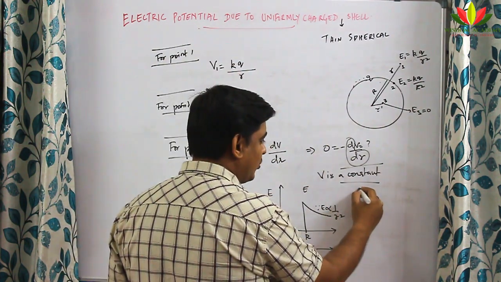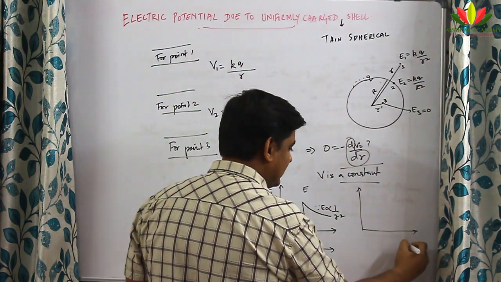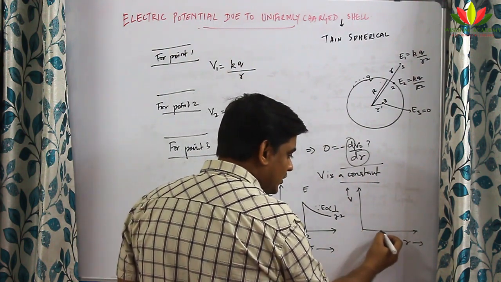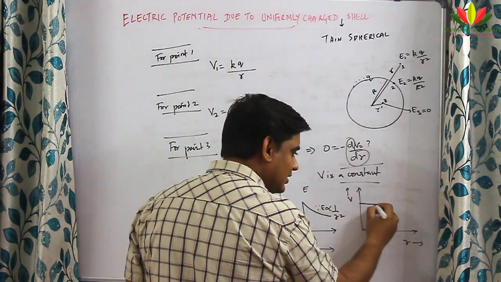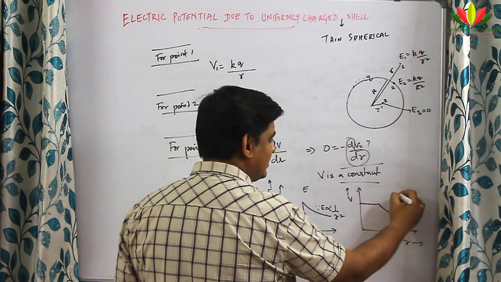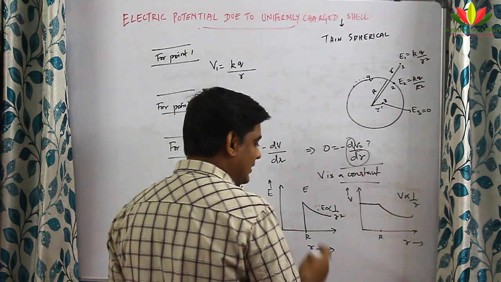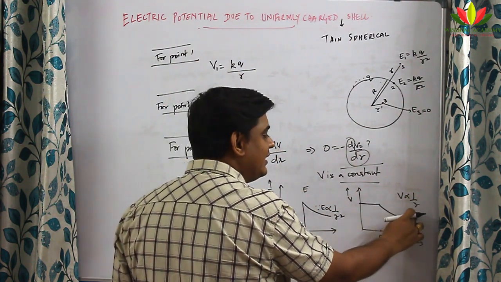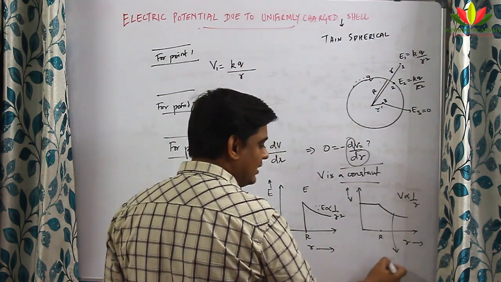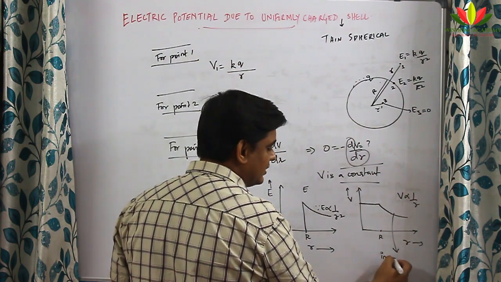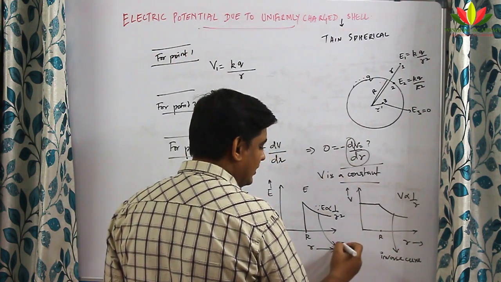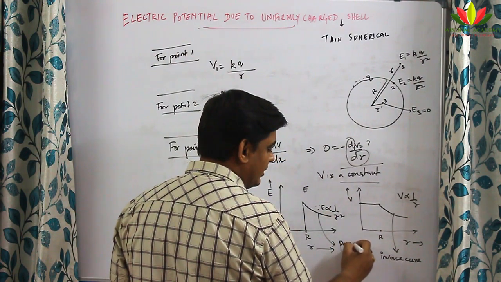Now if you draw the graph of electric potential, with r on one axis and potential on the other, you will find that up to this point R, the potential is constant, it is not 0, and from R it will start reducing because V is proportional to 1 by r. But the two will not be the same curve. The potential curve will be an inverse curve, not linear, while the electric field will be an inverse square, a parabolic kind of curve.